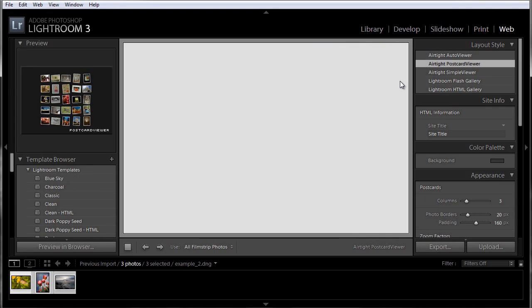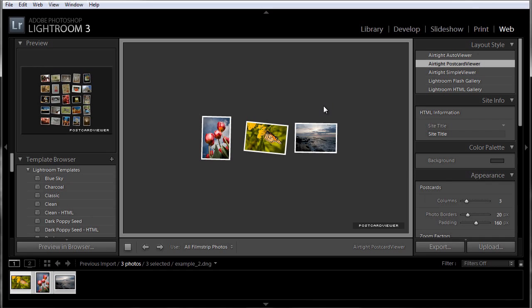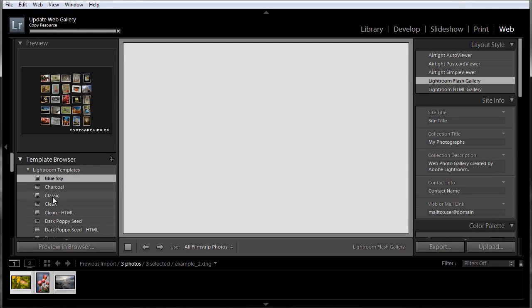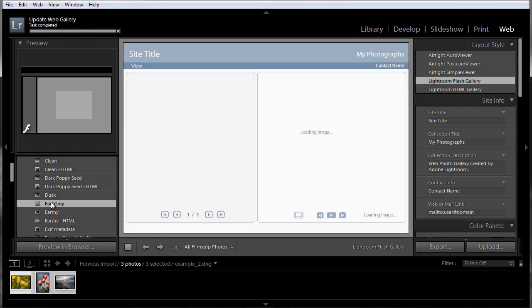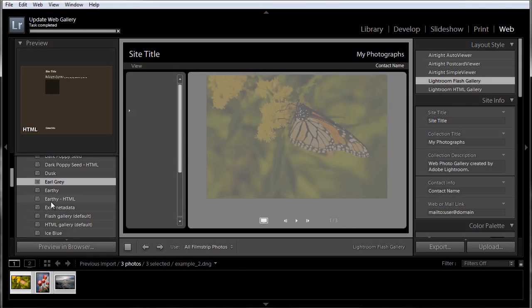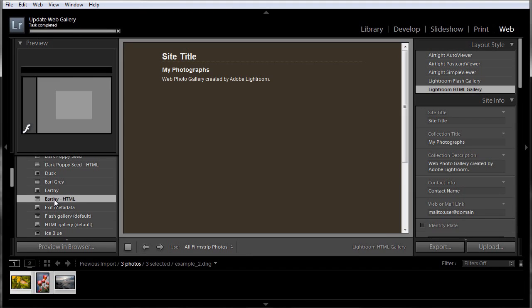So, onto the web module. This will allow you to export some really professional looking galleries that it will export into subfolders, the photos in a thumbnail size, in the full size, whatever choices you make regarding the options here, and then it will also make an HTML file, so you can actually just link to it from your main page, and you're going to have a professional looking web layout. There's different color backgrounds. There's flash galleries. There's your standard HTML galleries,